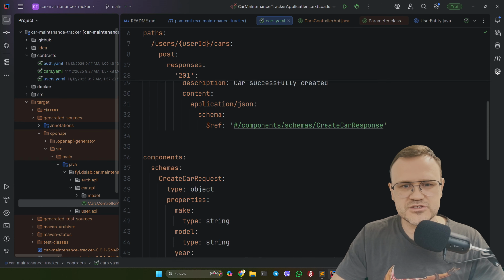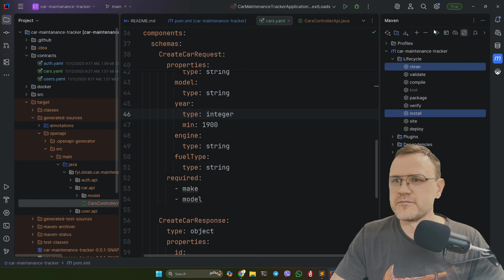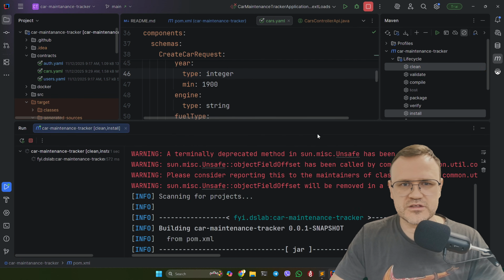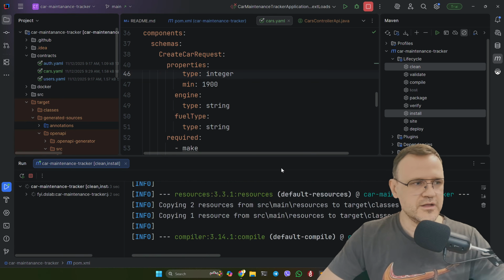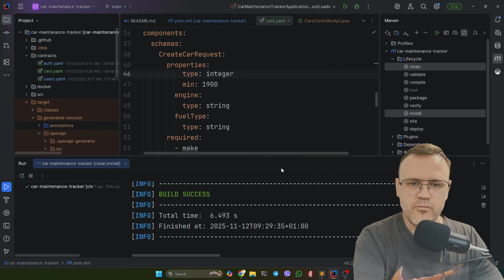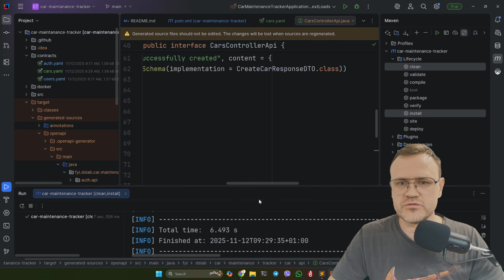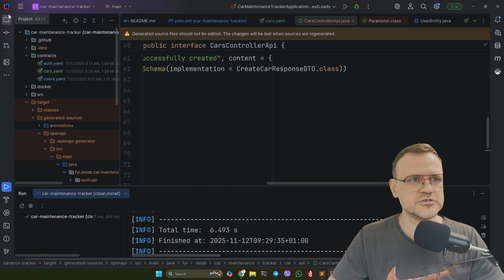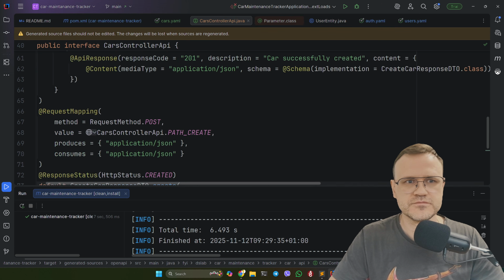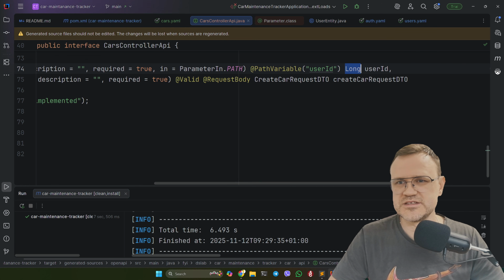It should be integer. And do we have... Yeah, this should be integer as well. Let's regenerate it quickly. And go back to take a look at what we've got. Close it. And yeah, this is the long